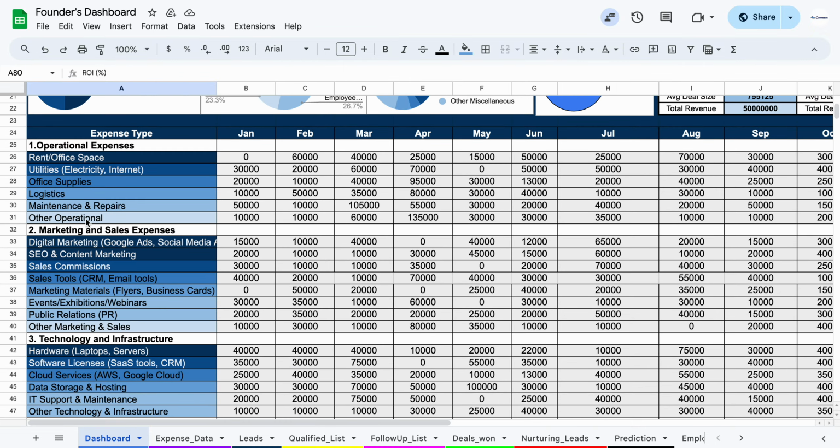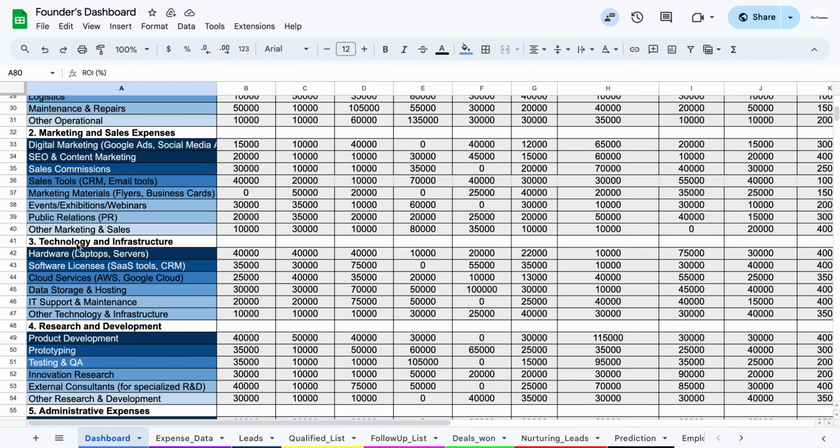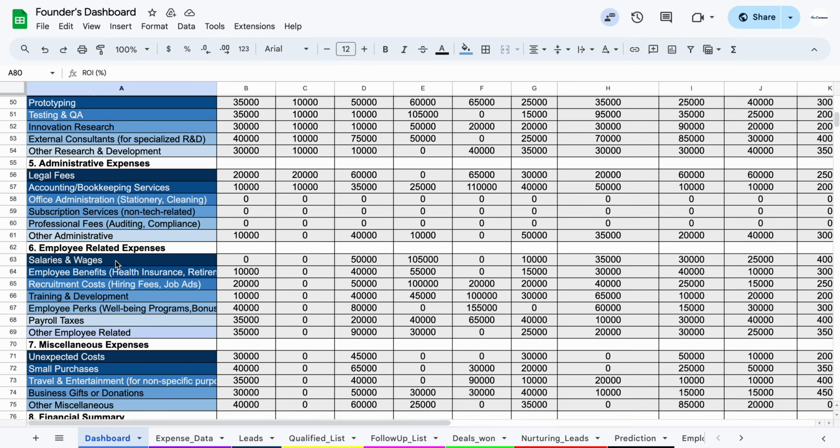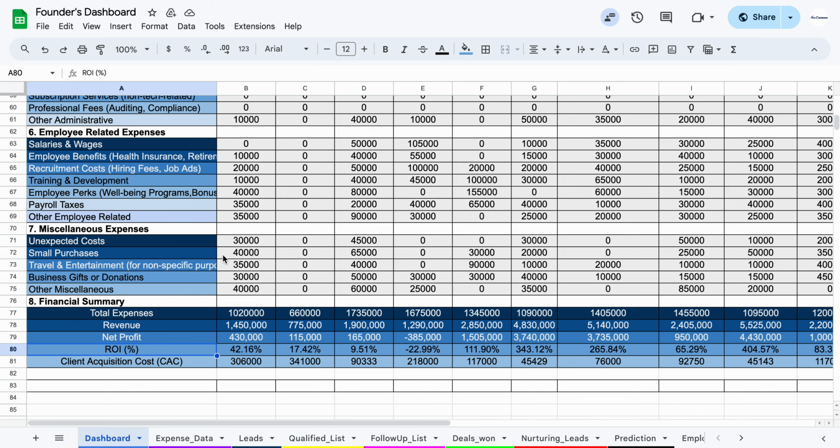It can be operational expenses, marketing and sales expenses, technology and infrastructure. You're investing in clouds, AWS, research and development, administrative expenses, employee related expenses, or any expenses. So overall expenses which you have spent in the month of Jan, and after spending this, the revenue which you have generated is shown here as